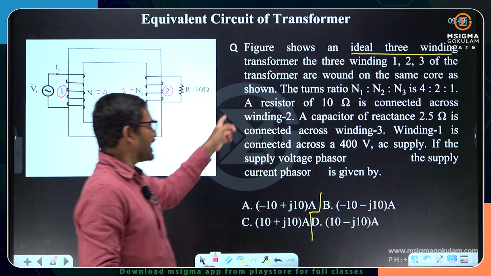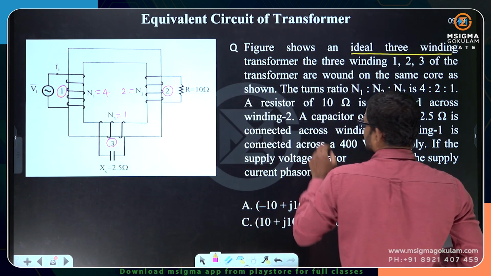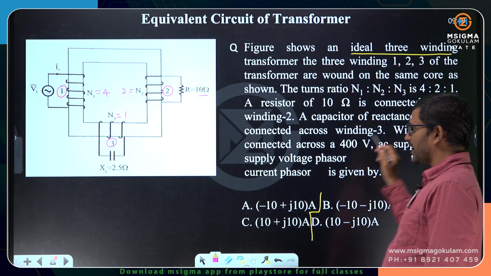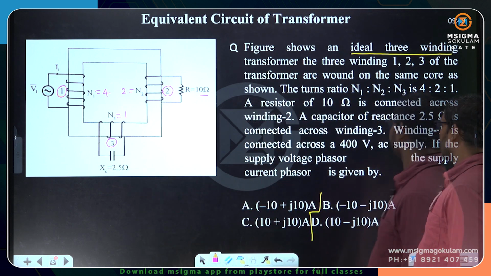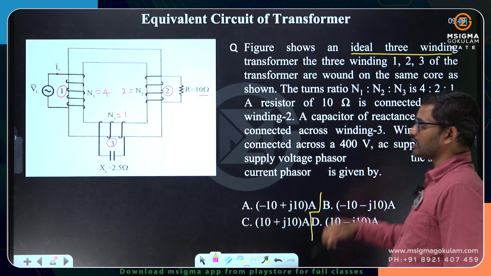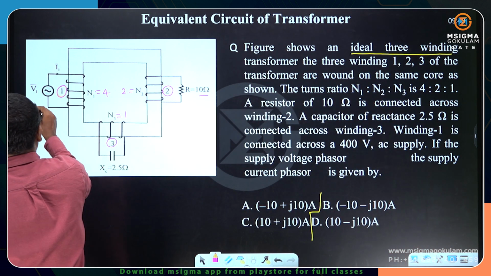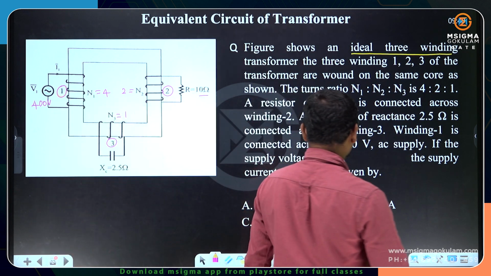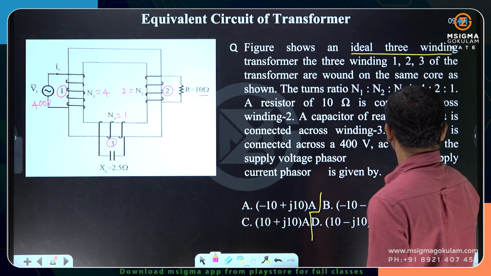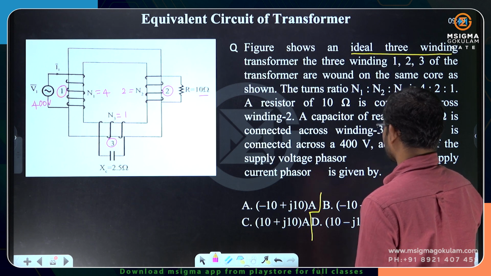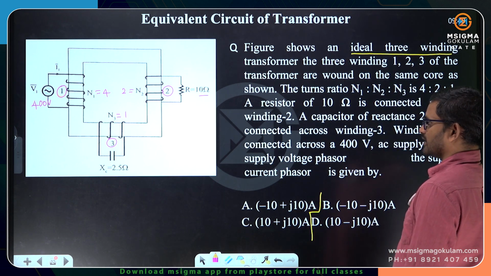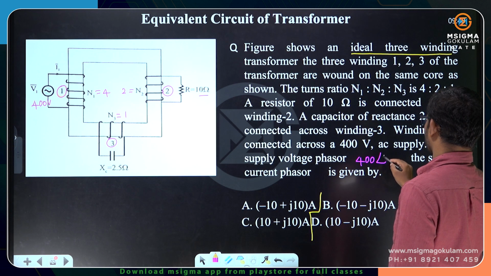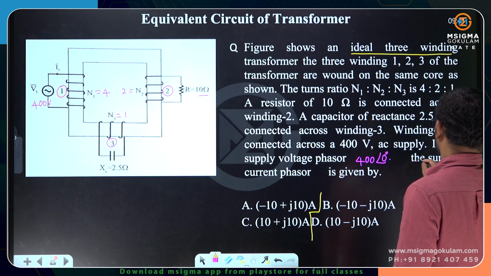Now he is saying that a resistor of 10 ohms is connected across winding 2. Now a capacitor of reactance 2.5 ohms is connected across winding 3. Now winding 1 is connected across a 400 volts voltage source. This is winding 1 and the voltage source is 400. If the supply voltage phasor is 400 at an angle 0, then the